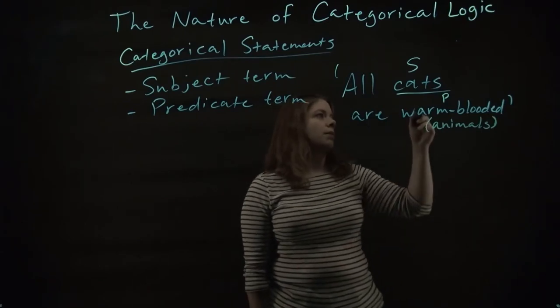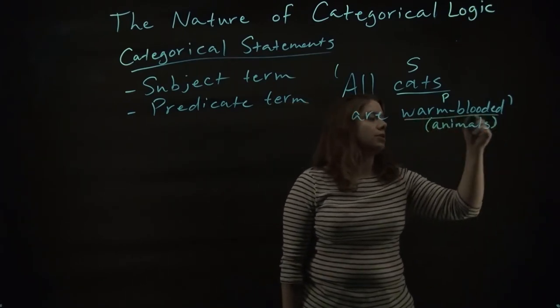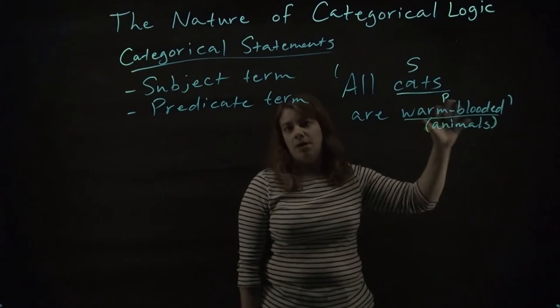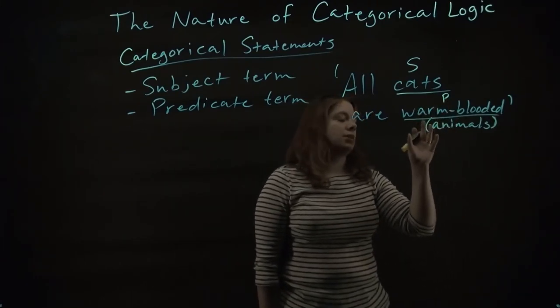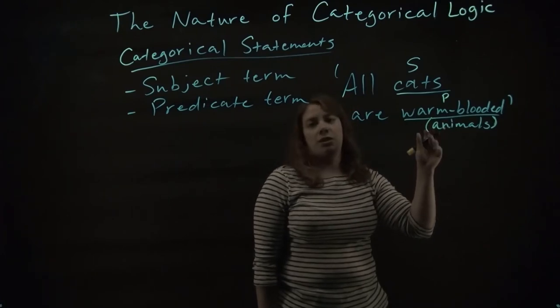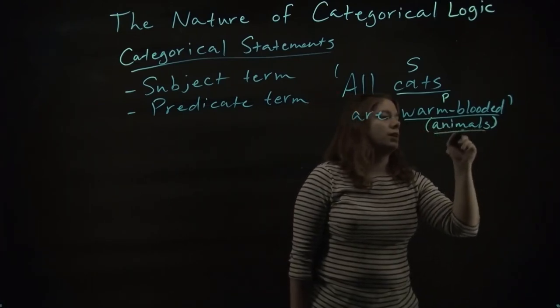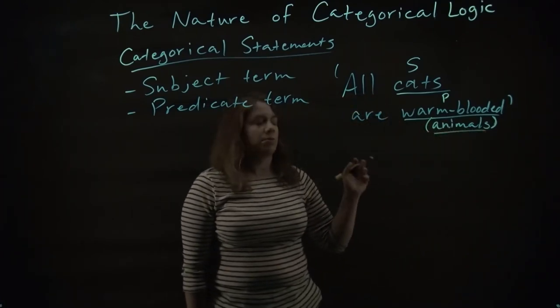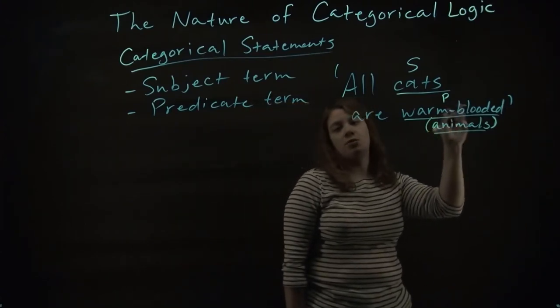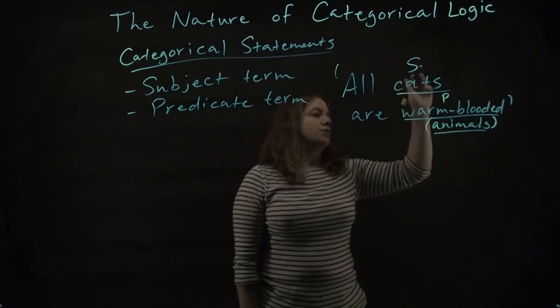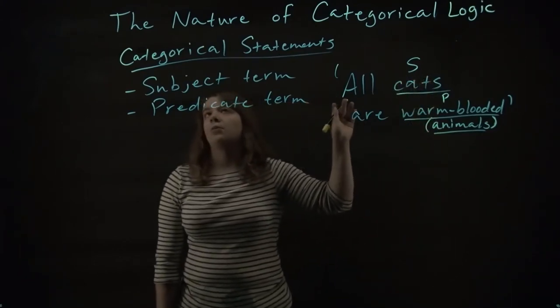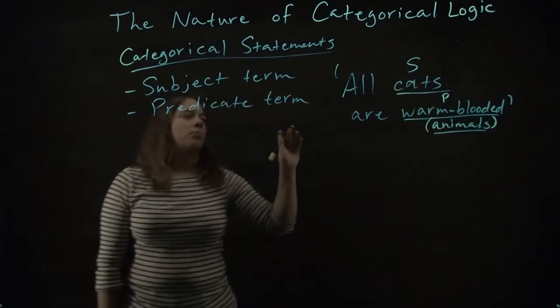But when we're talking about predicate terms, we're referring not just to what would essentially be like a modifier, an adjective, but we're referring to a class of actual things. All right, so not just the modifiers, but the nouns, or excuse me, the terms that go with the modifiers. Right. So subject and predicate term. Every categorical statement will involve a subject and predicate term.